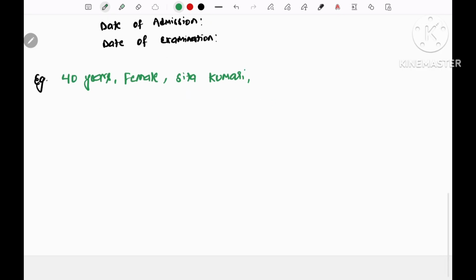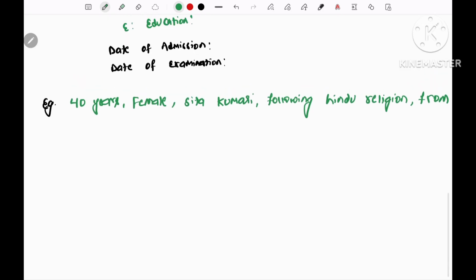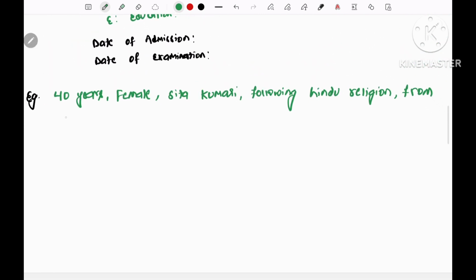So name, age, sex. 40 years female, Sita Kumari, following Hindu religion, from Uttar Pradesh, currently living in Delhi,